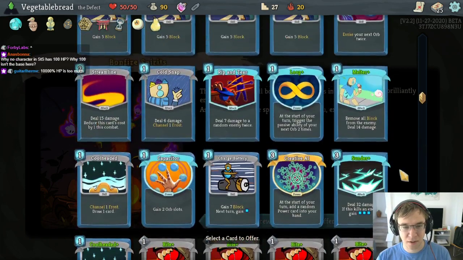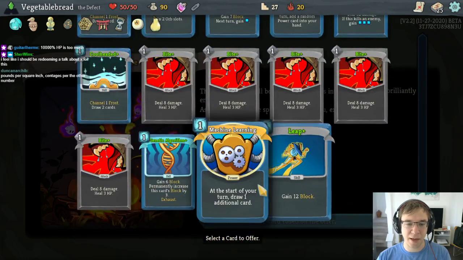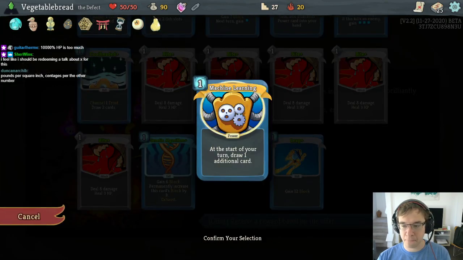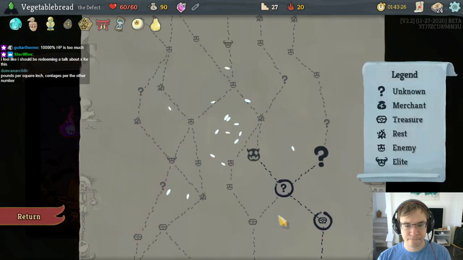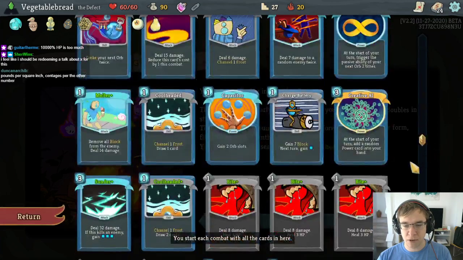Okay, yeah, let's get rid of this. I like the health a lot. I think the health is how we win the game. So let's get rid of this. All right, we go to an extra fire here. Get an upgrade on